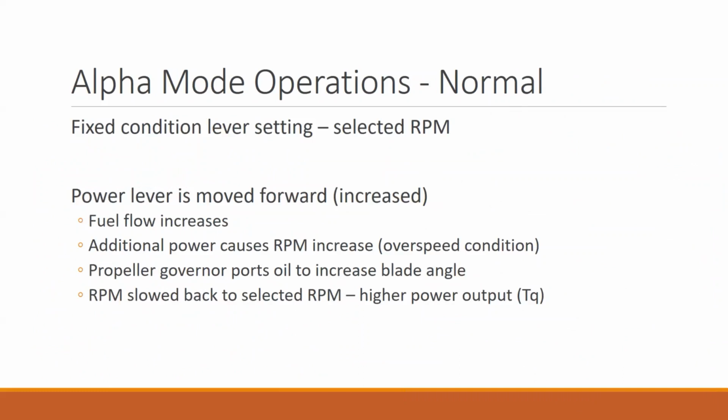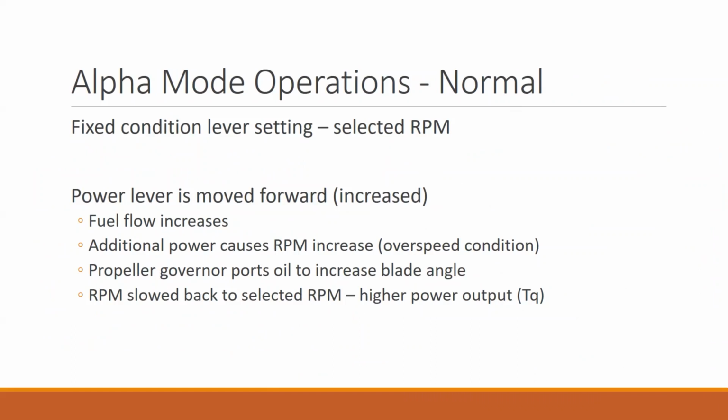So with a fixed condition lever setting, our condition lever is now in that position. The power lever is moved forward, which increases power. That's going to increase fuel flow up to that max, getting our engine up to max RPM. Probably somewhere driving the propeller around 2200 RPM. That additional power is going to cause the propeller to start to overspeed. The RPM is going to increase to the point where it gets into the flyweights inside the propeller governor, gets into that overspeed condition. They get swung out, and they lift the pilot valve,